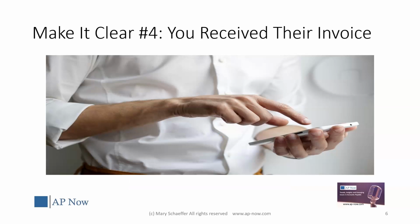Did you get accounts payable? Did you get my invoice? Make it clear that you received it. Don't leave it up to them to call to find out. So how can you do this? Well, you could have an automated email that goes out that says, we got your invoice and we're processing it